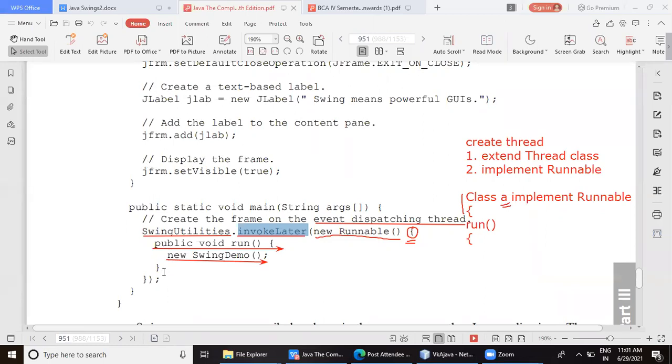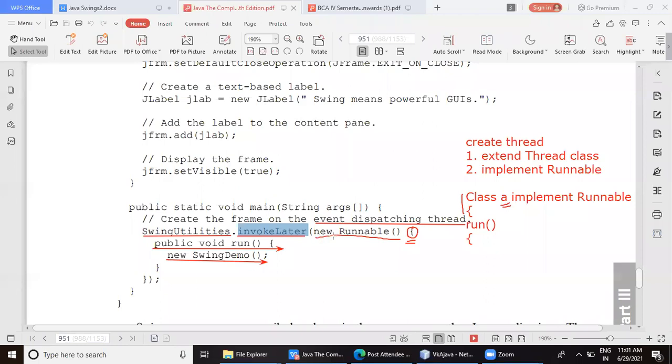That's all. So this thing, instead of doing it directly inside the main method, where the main thread starts execution, instead of using the main thread, what I'm doing here, I'm creating a special thread called the event dispatching thread. How am I creating it? Using the method invokeLater, which is defined in the class SwingUtilities. So when I create a thread, I'm making use of the Runnable interface here.